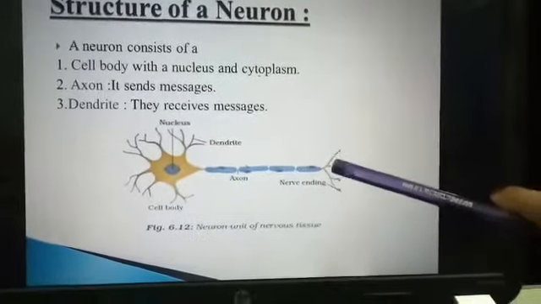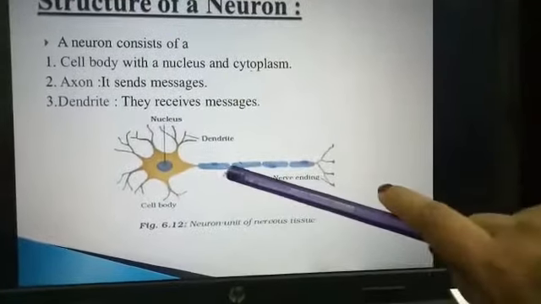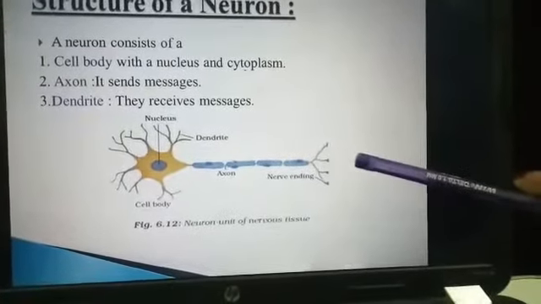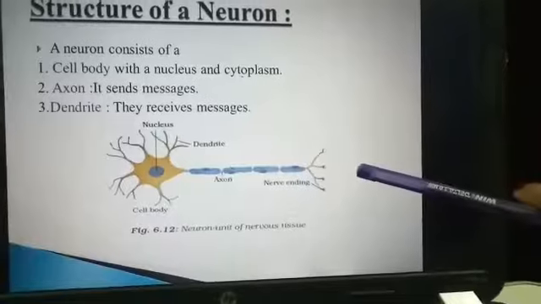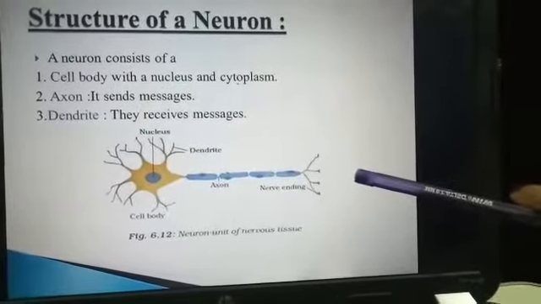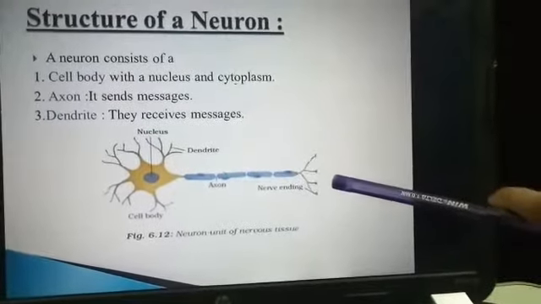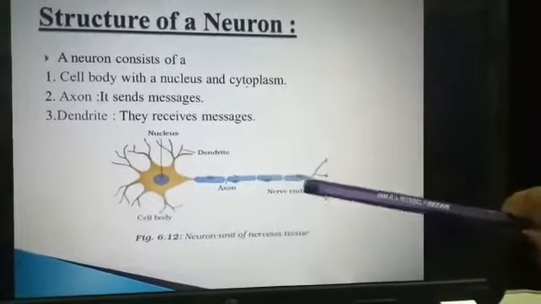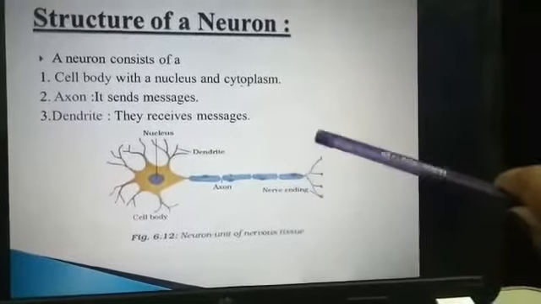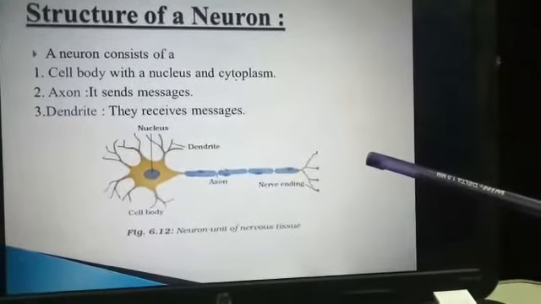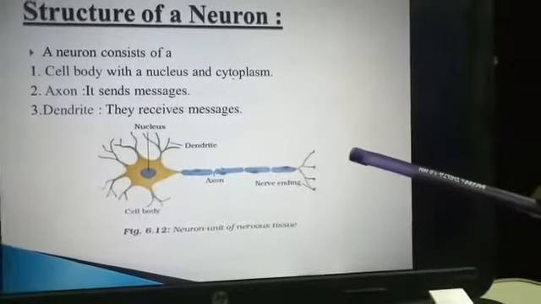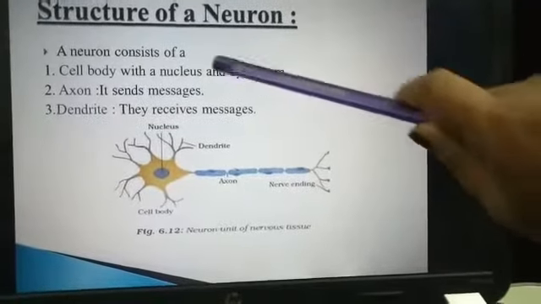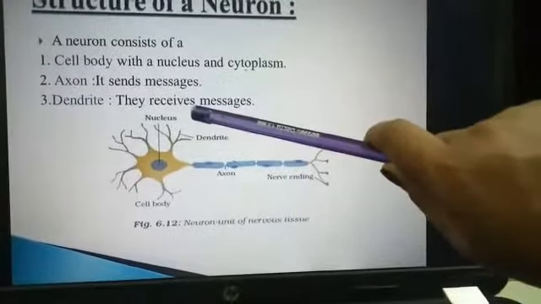These are nerve endings. Here is one neuron, another neuron is present here, and there is a little bit of a gap between them. This you will study in your 10th class: why there is a gap, and what the name of that gap is. So the axon's function is to send messages to a nearby neuron, or if a muscle is present, then to send messages to nearby muscles. So this is all about cell body, axon and dendrite.